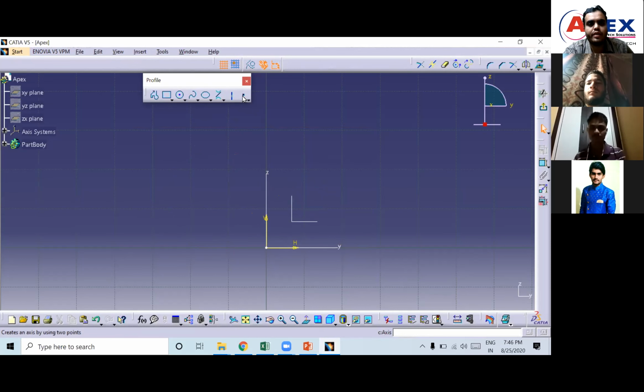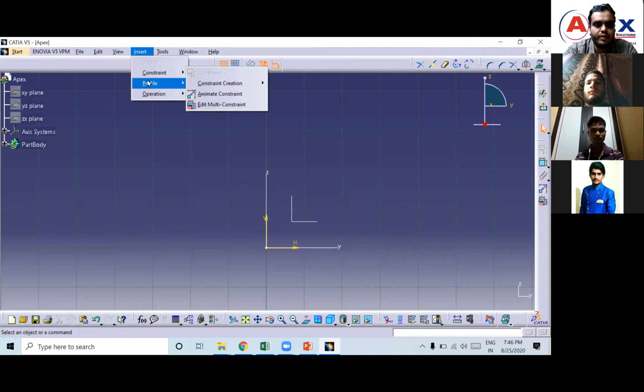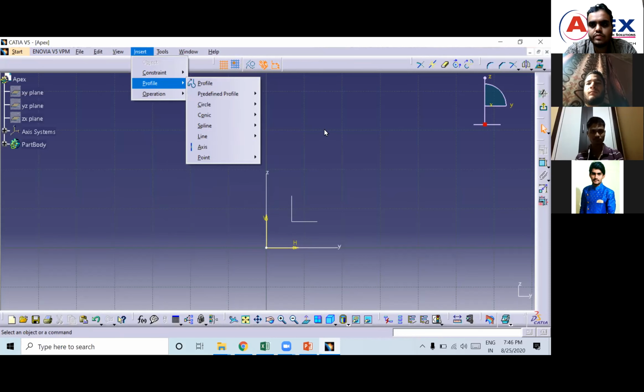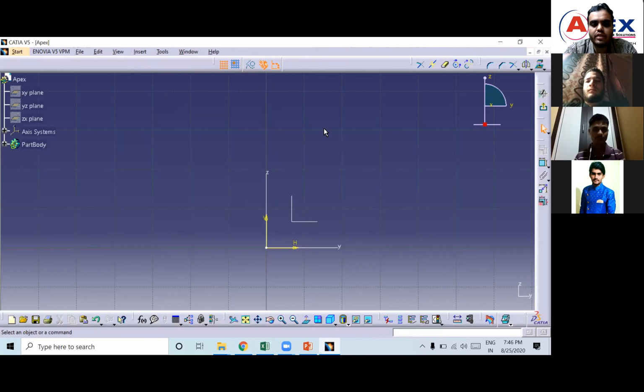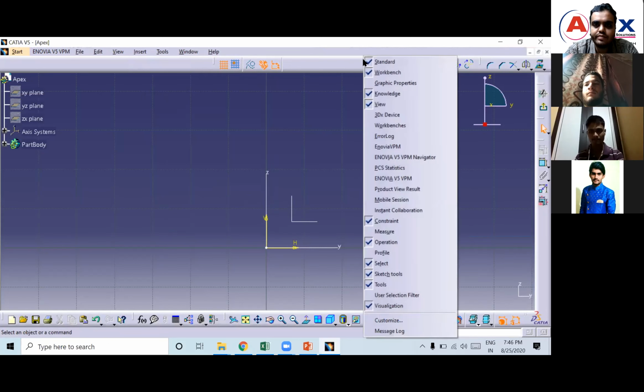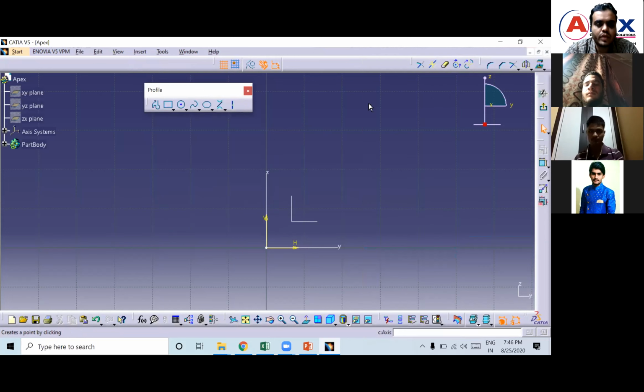So next we have point. Click it, you will get the points. So these options are enough. All of you got it? Yes, sir. Okay. So we are done with the profile. Any doubts? No, sir. So can you practice all these things? Yes, sir. Suppose you are not getting profile options here, shortcut: right click anywhere, and you have profile here. Like this you can get it. So these are all the basic options you have to use.